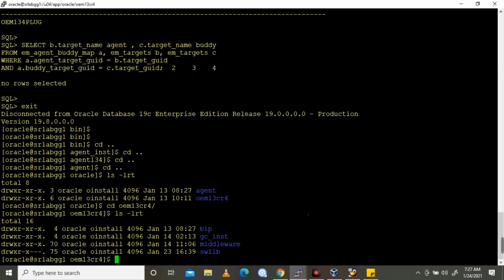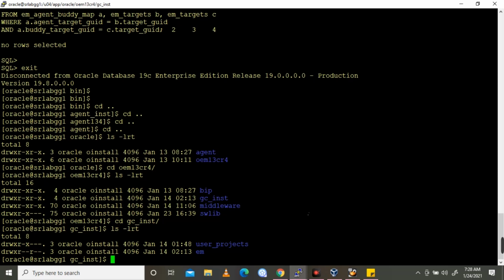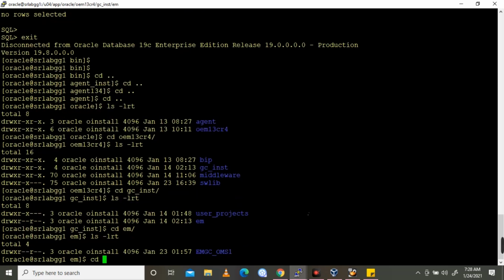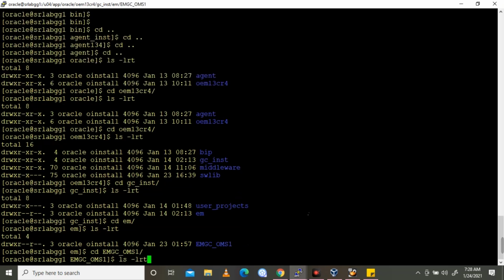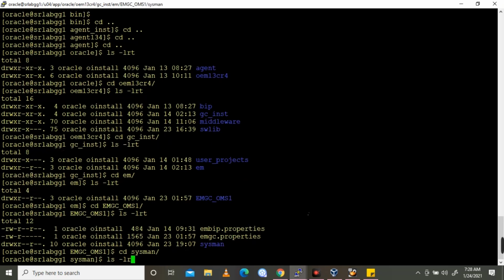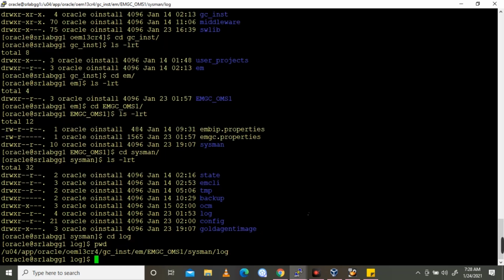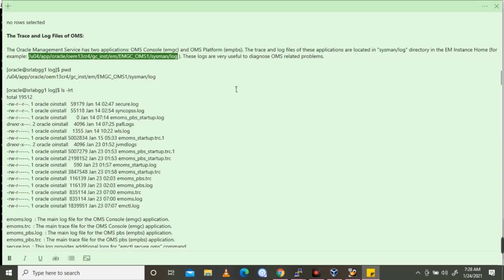Then we need to go into that OMS home, gc_inst and em, and then EMGC_OMS1, sysman, log. So this is the OMS default log location.